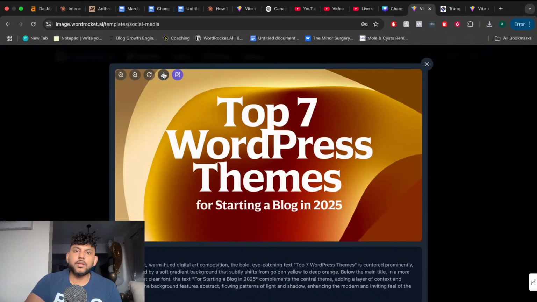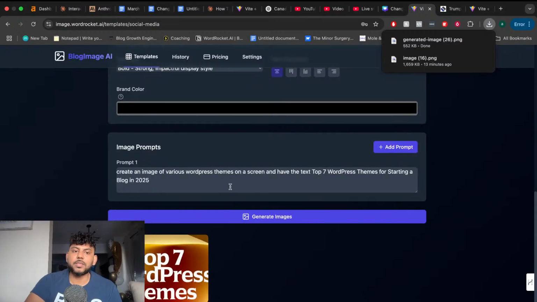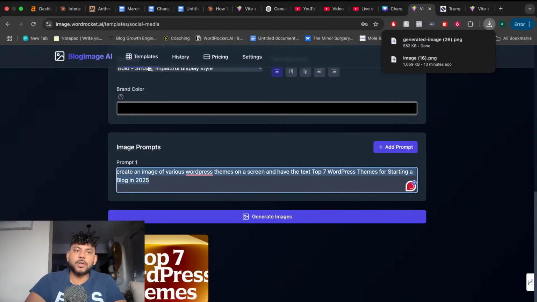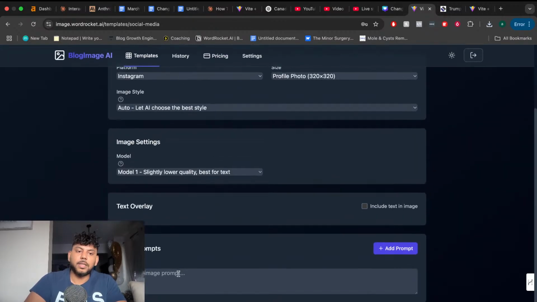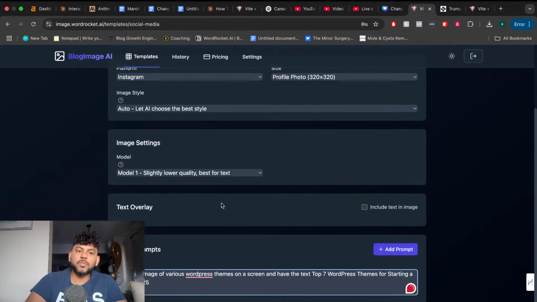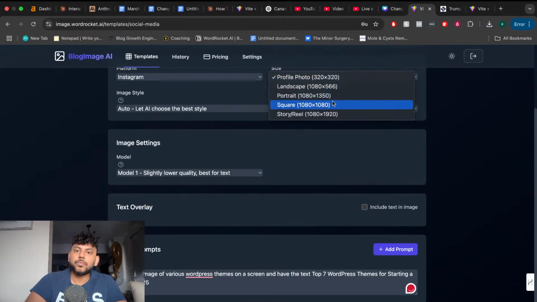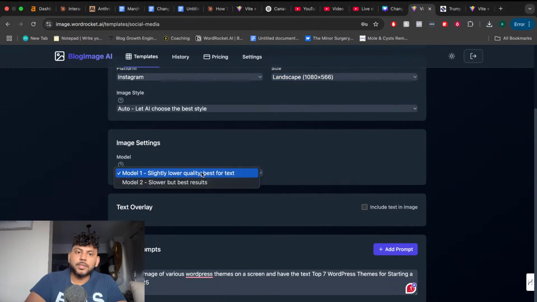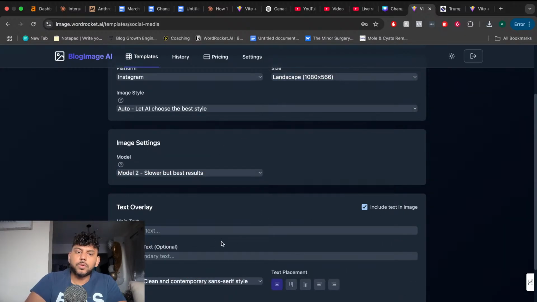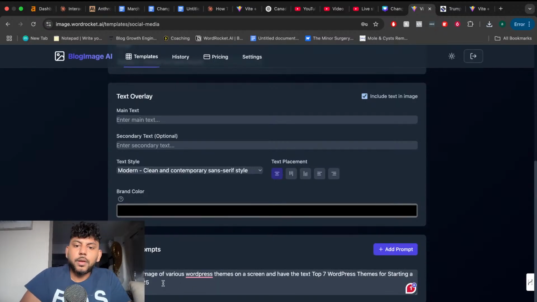Okay, so it didn't really follow the instructions. What I find is that if you generated some content, you need to leave and then redo it, because sometimes it takes the prompts from before. So again, we're going to do landscape. Let's do model 2. Then